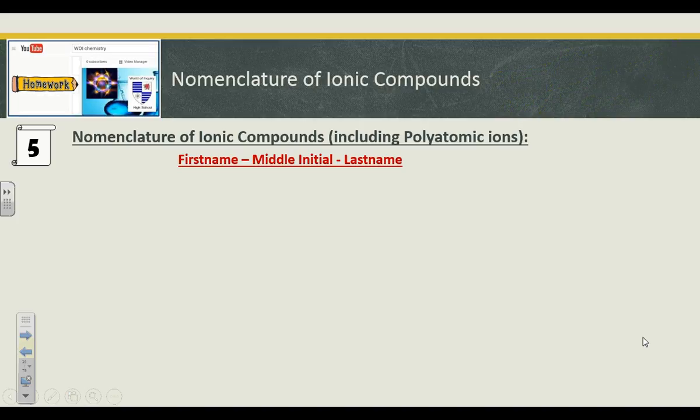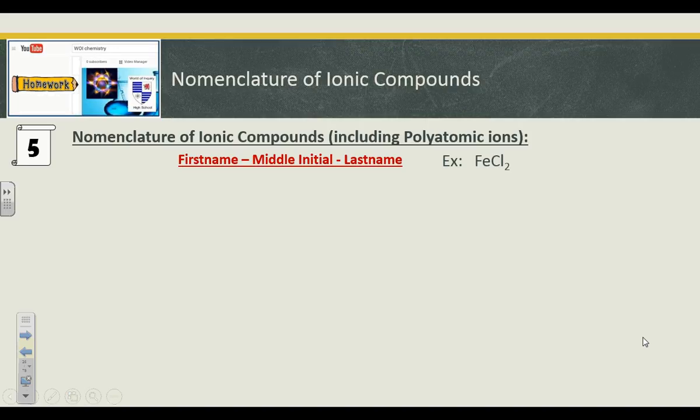So, first things first, I have a first name, a middle initial, and a last name when I name ionic compounds. The middle initial is for my middle metals. If I am a transition metal with more than one charge, I need a Roman numeral to tell me which charge I am. Remember, the Roman numeral is the charge. First example,